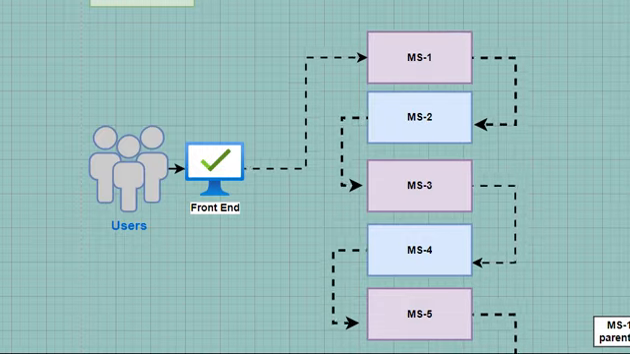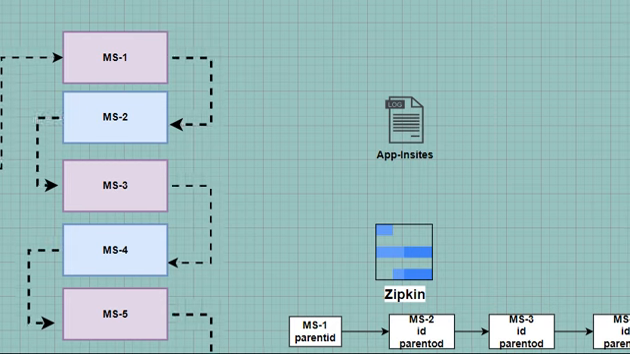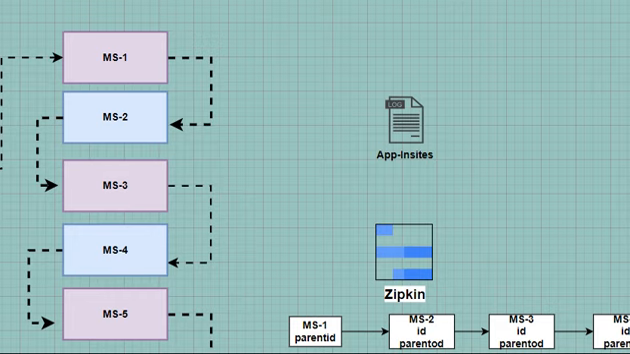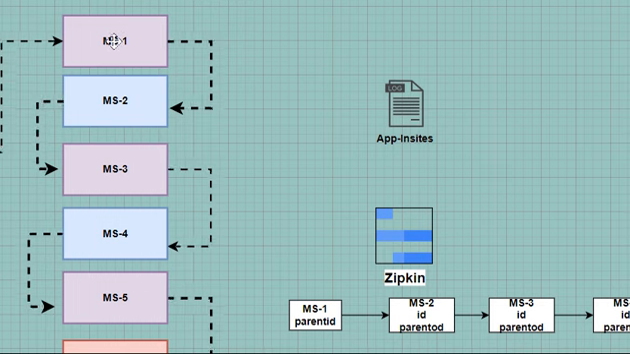Usually, we will record logs. Let's say if you are using Azure, maybe by using an App Insights kind of tool, we record logs. And to trace it, what you can do is integrate Zipkin across your microservices. If you integrate Zipkin across your microservices, what will happen when you place a request? When it hits microservice 1,